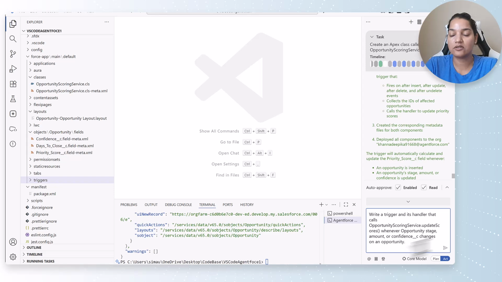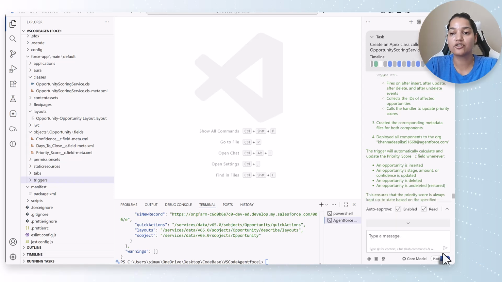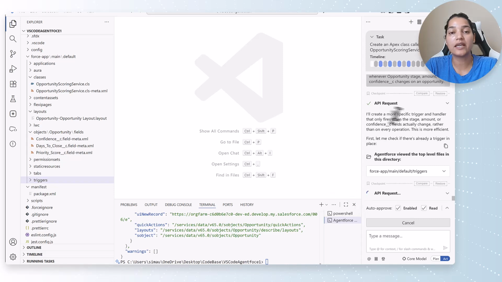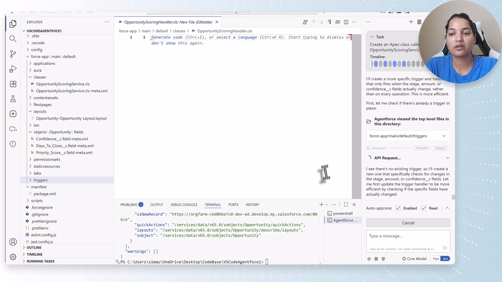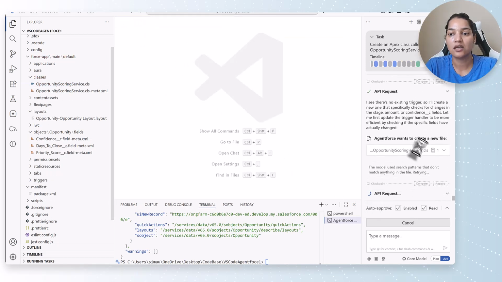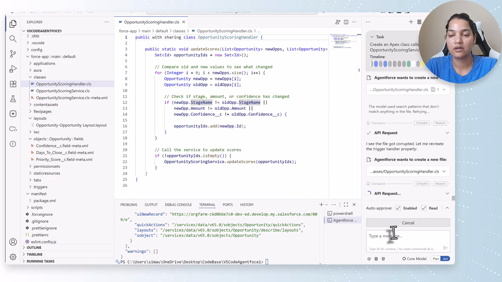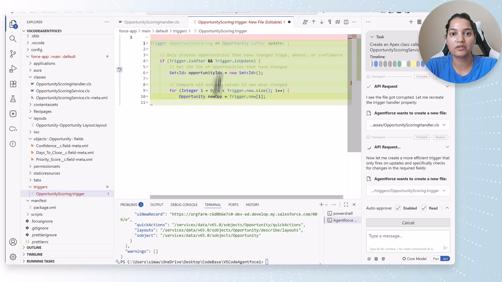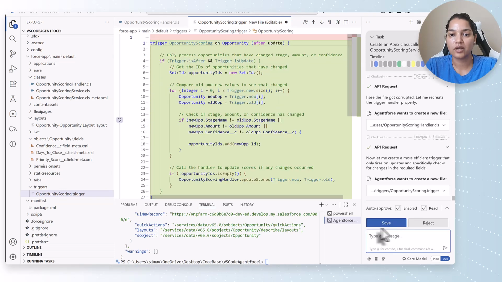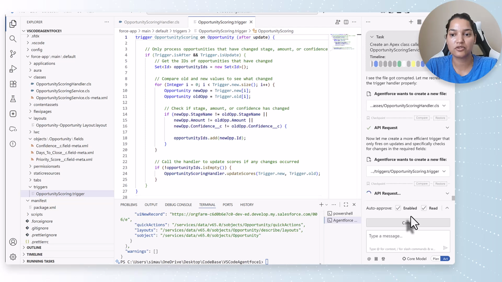Okay, and we'll go ahead and hit enter here, and let's see what it is going to do. So it is going to create the trigger handler for us. So it is creating the opportunity scoring handler. That's what it has created first. Let's just wait for it to create everything. Okay, so this is your opportunity scoring handler. Hit save. So it created this. Now it is creating the trigger. So we go ahead and go over to the trigger here. So this is our trigger,